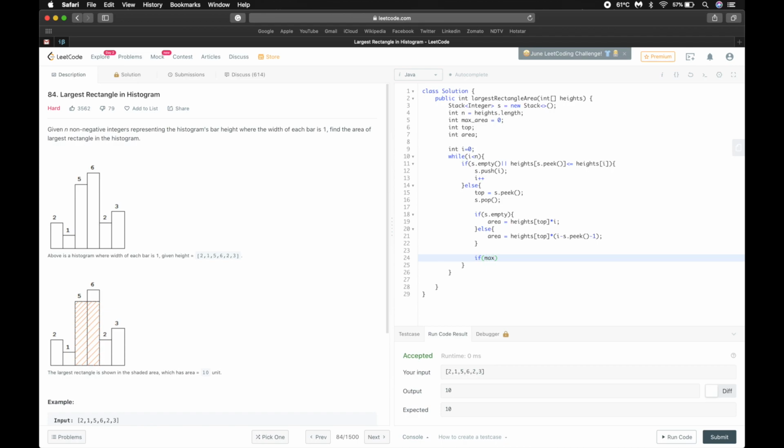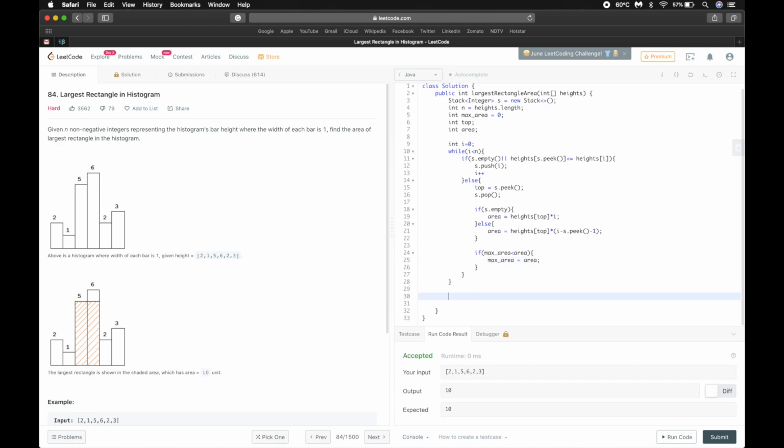That is, if max is less than area, we will update our max area. So this is our loop. We are done iterating it.